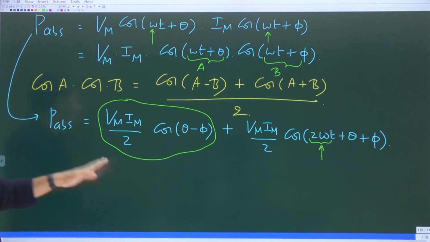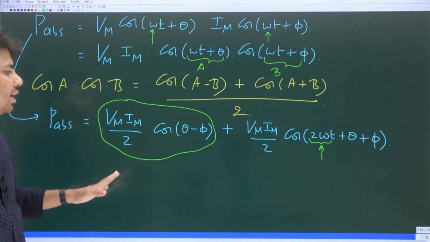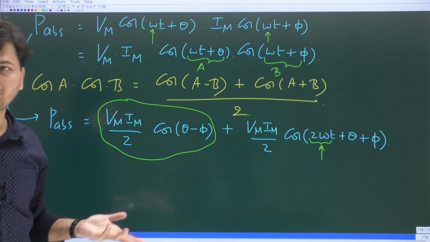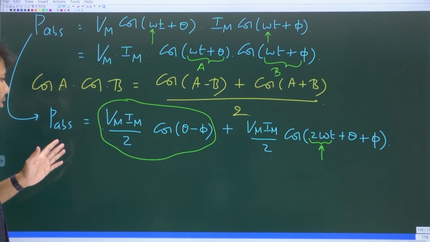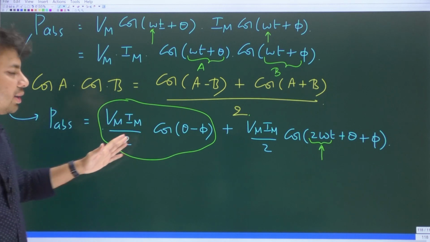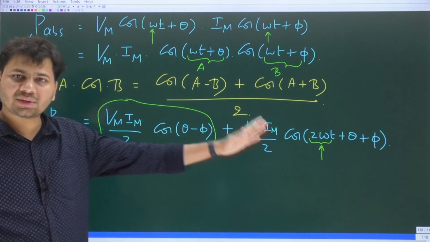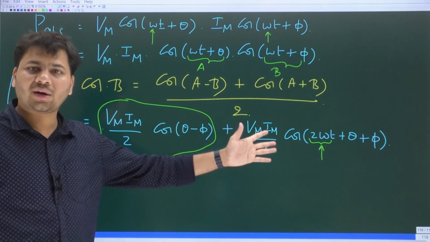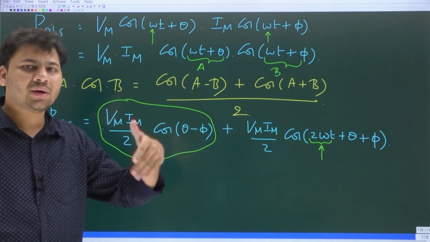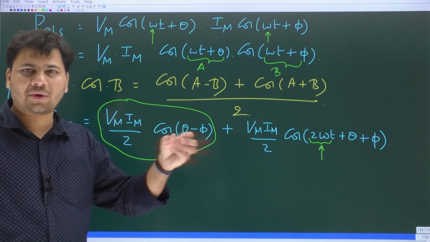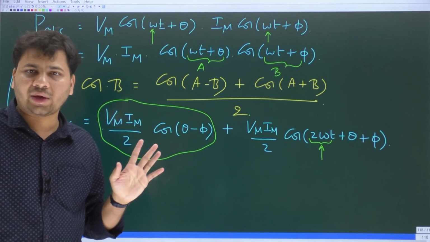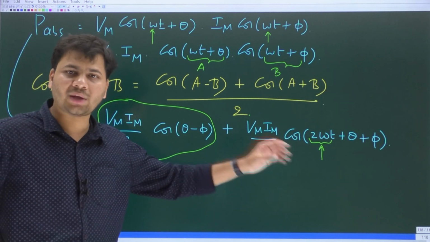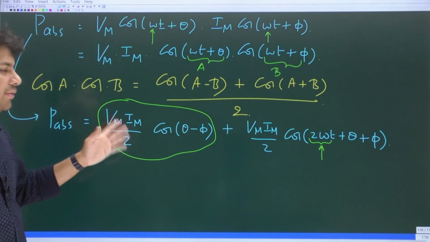Average power absorbed by the two-terminal element will be equal to the average value of the first term plus the average value of the second term. Already I said the second term is a pure sine function or a pure cosine function, whatever it is. For a pure sinusoidal function, the average value is 0. So for the second term, the average value is 0. Whereas the first term is